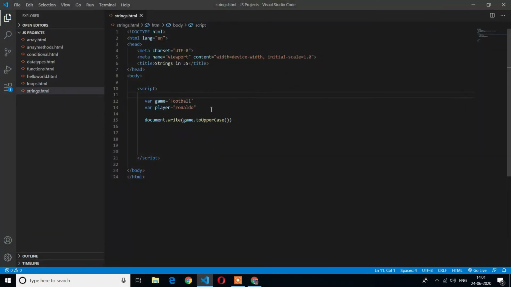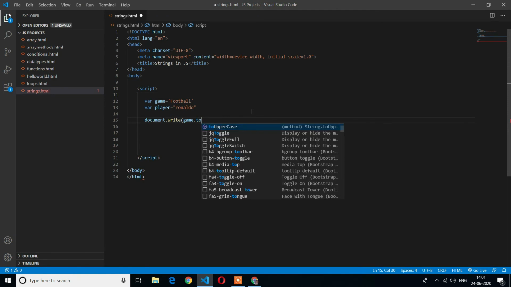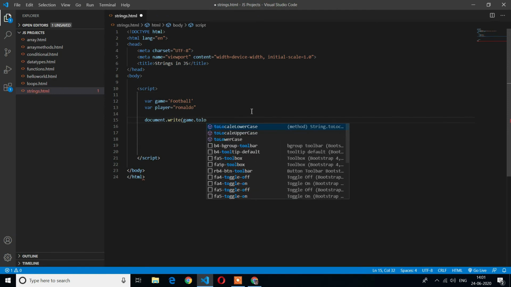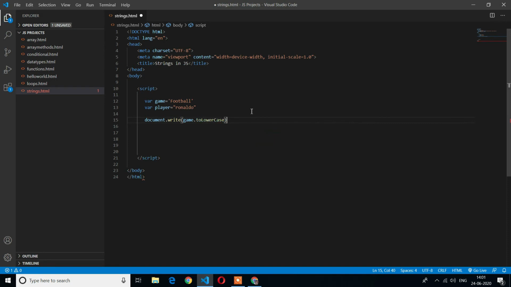We can also turn it to small letters. Here you can see the first letter is capital. Now I will turn everything from capital to lowercase. If you do not put parentheses, it will raise an error. Let me check what output it gives. Here I have not mentioned any parentheses. Now I will refresh it.